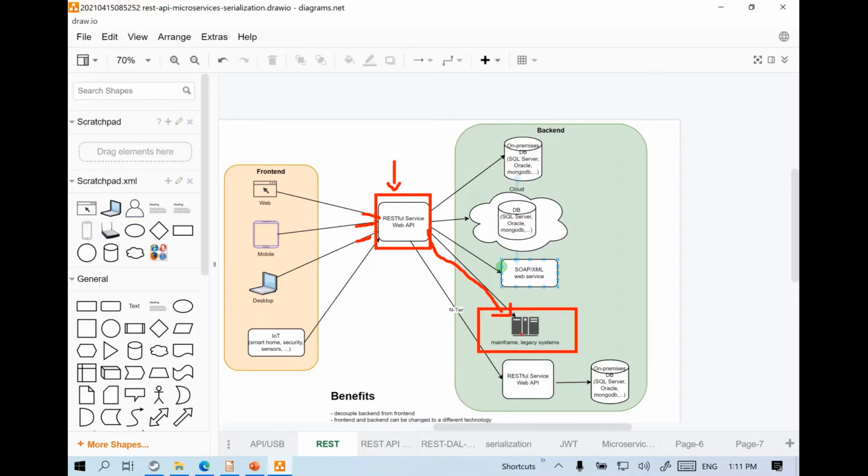So keeping this in mind, the purpose of an interface is to connect your front end to back end in a technology-agnostic manner, and you should be able to change your technology with ease in future. Let's cover this in more detail.